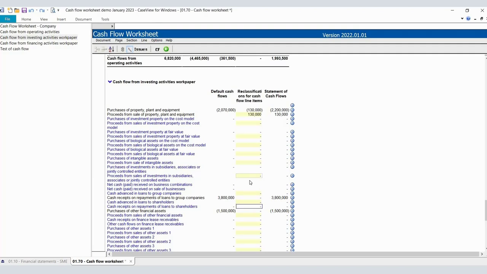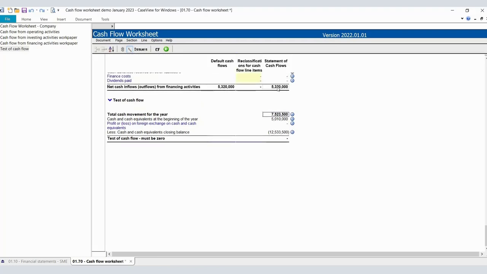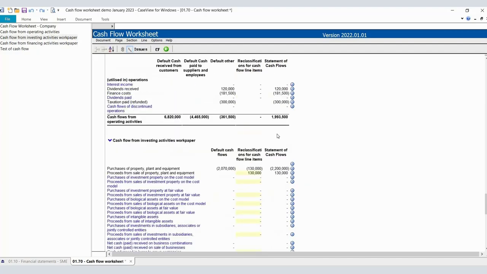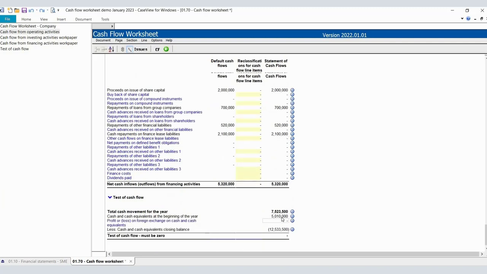The final part of the cash flow worksheet is this test of cash flow. What the test of cash flow does, I've jumped to it, is it takes the total cash movement for the year, which is calculated as the sum of each of the financing, investing and operating activities tables. It adds them all together and compares them to the opening balance for cash and cash equivalents. It also includes any foreign exchange gains or losses on cash or cash equivalents, takes that into account, and then it subtracts the closing balance for cash and cash equivalents, and the outcome or the answer